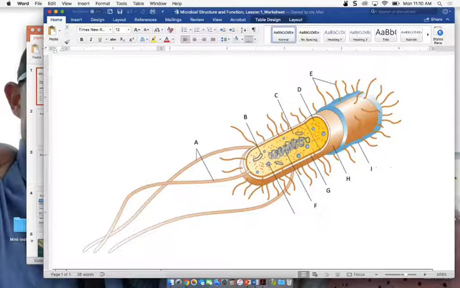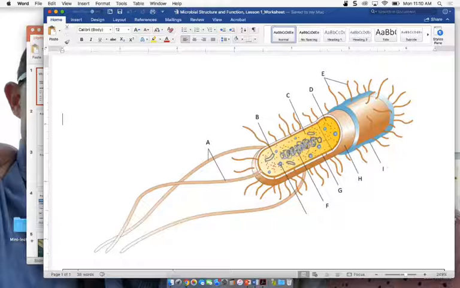Plants, all plants, have cell walls. Fungi have cell walls, but those cell walls are made out of different material. Plant cell walls are cellulose. It's primarily a carbohydrate. In the case of bacterial cell walls, and this is where we'll go on our discussion on Wednesday, the peptidoglycan is made up of